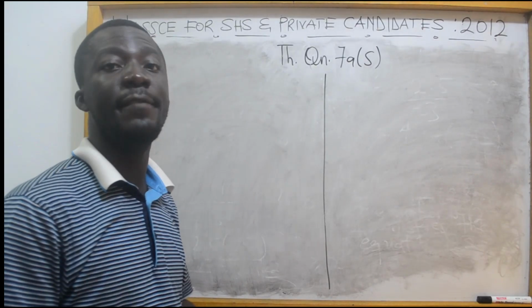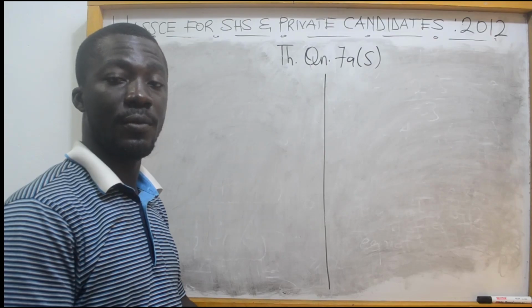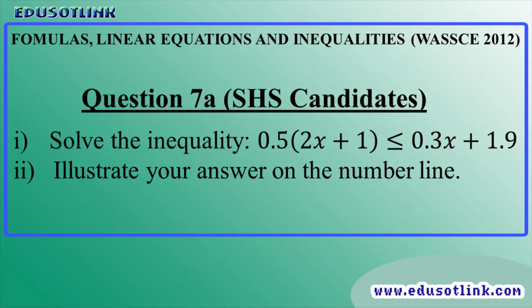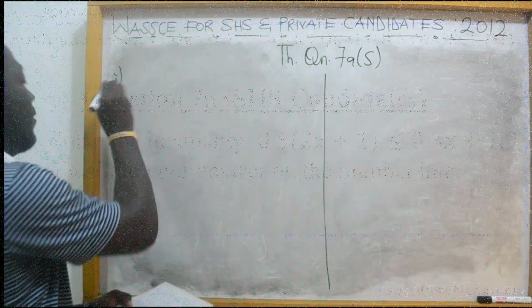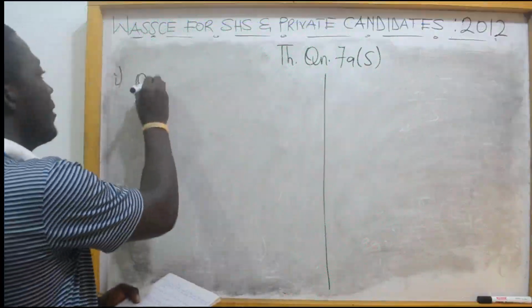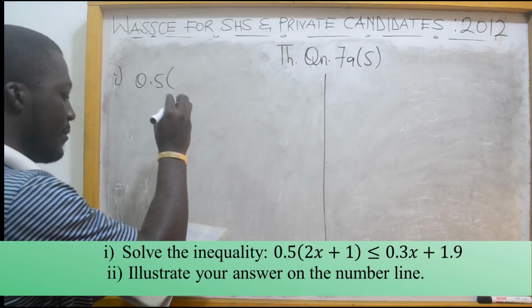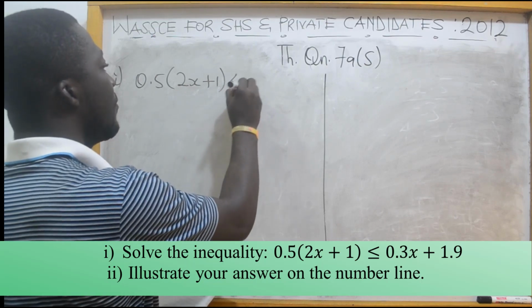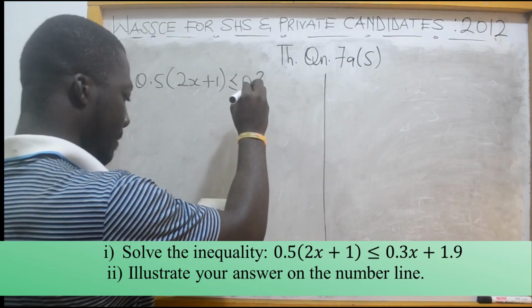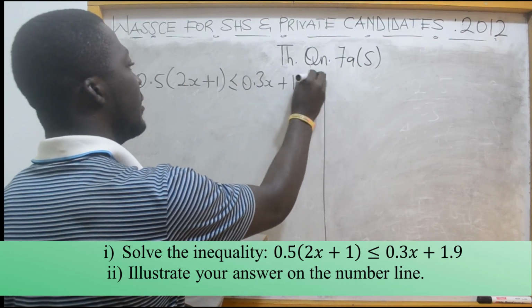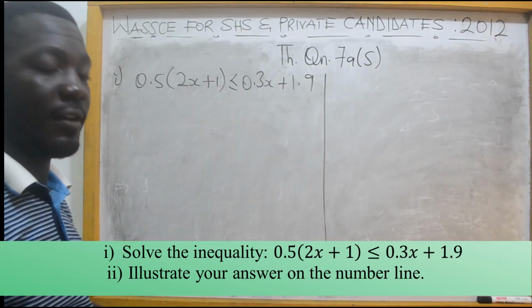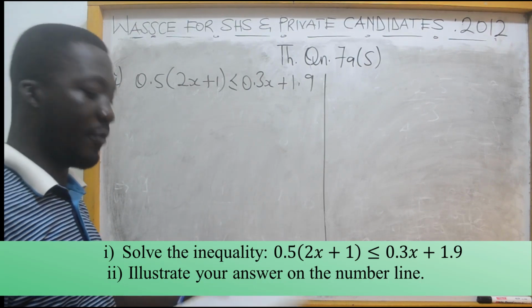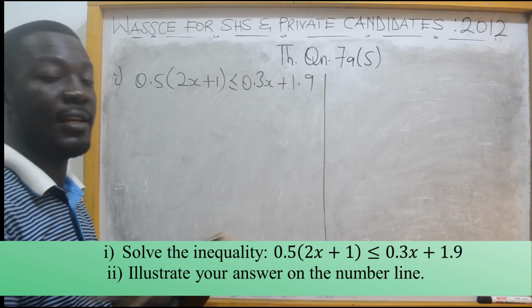Theory question 7A for senior high school candidates. It says you should solve the inequality. The question is in two folds, I and II. The I part, we have to solve the inequality 0.5 into bracket 2x plus 1 is less or equal to 0.3x plus 1.9. Then after we find the value of x, we will represent or illustrate your answer on